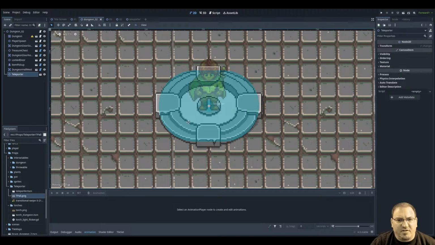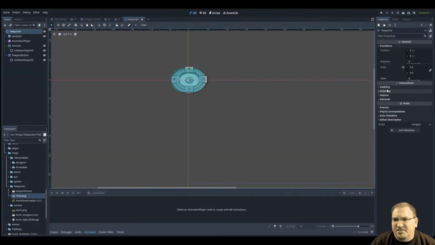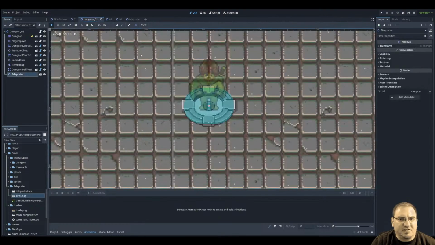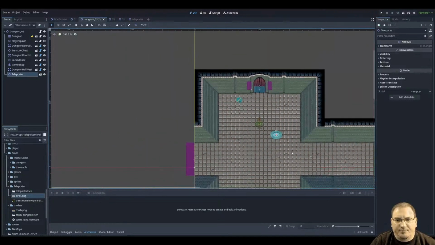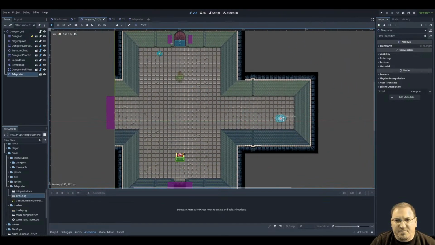Still think it might be a little bit big. So let's scale it down a little bit more. That might be a little too much, but let's see. Actually, no, I think that's a good size because it'll activate, teleport. Yeah. I think that's going to fit right over